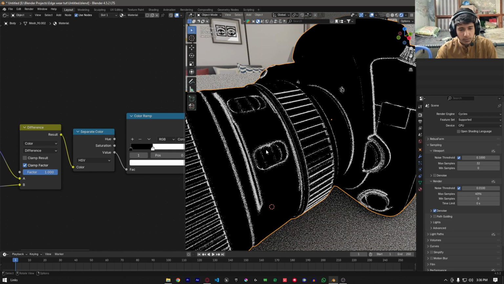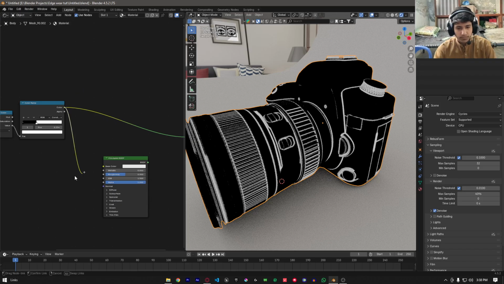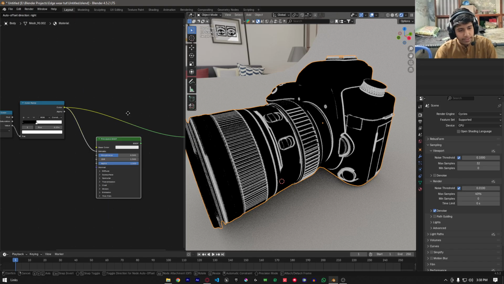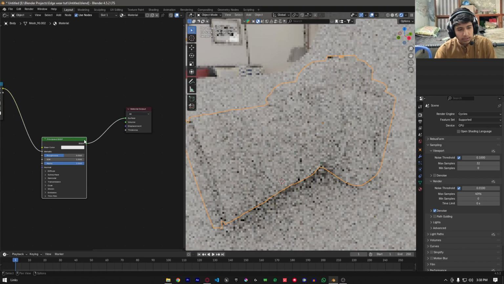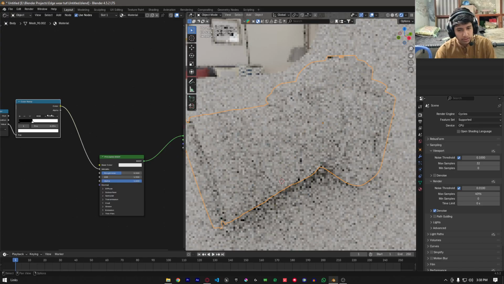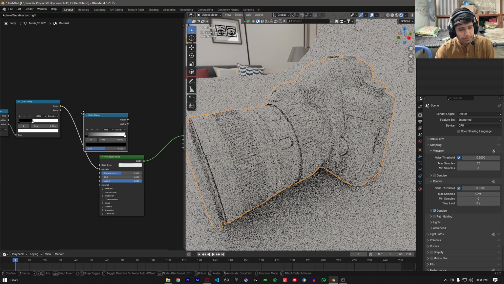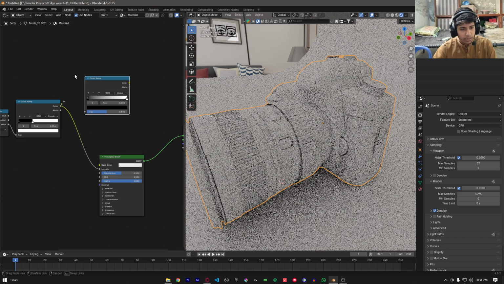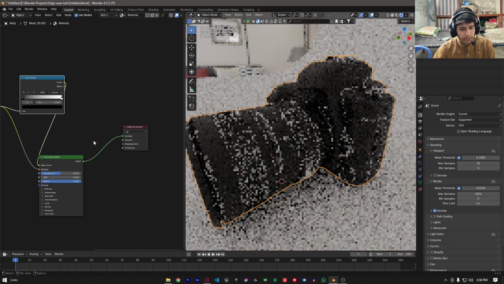And now here you guys can see we have all the edges over here, and now we can just plug this color ramp into the metallic of our Principled BSDF, and then we can use the material output node into the Principled BSDF. Also we can just add another color ramp node over here,